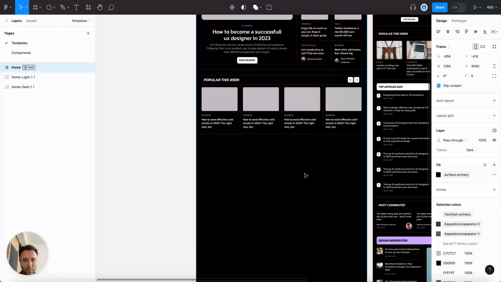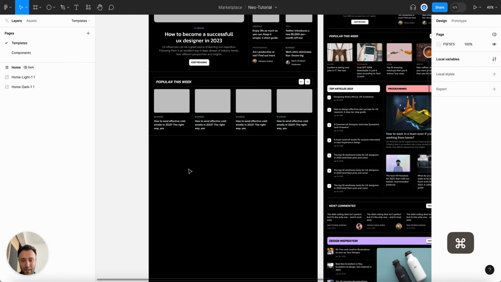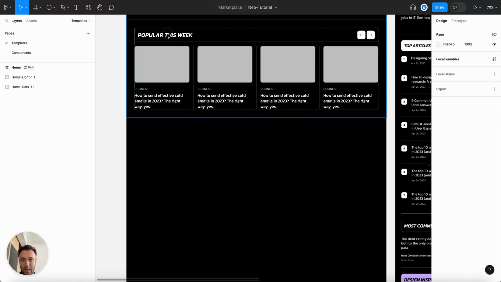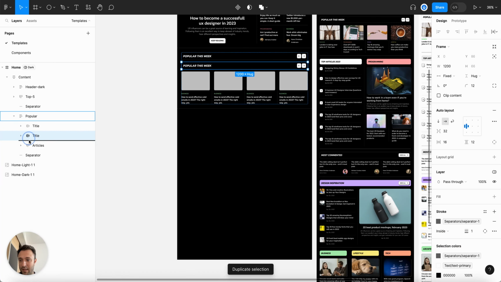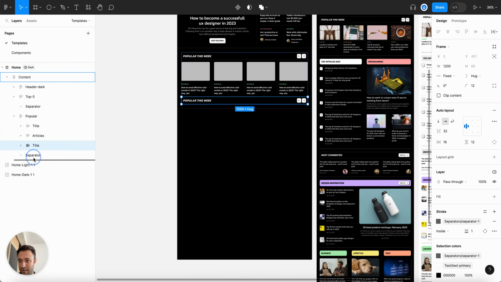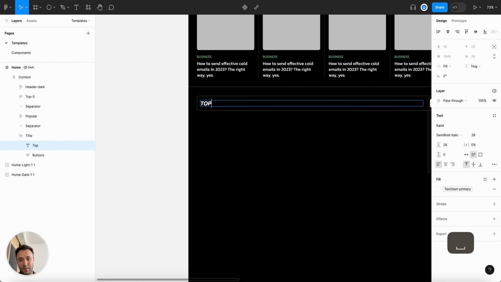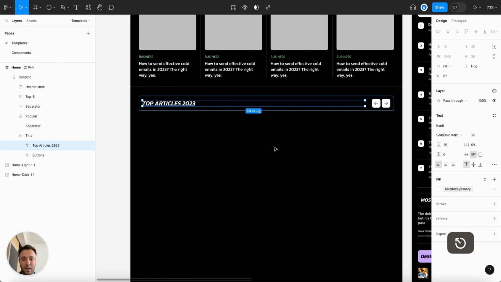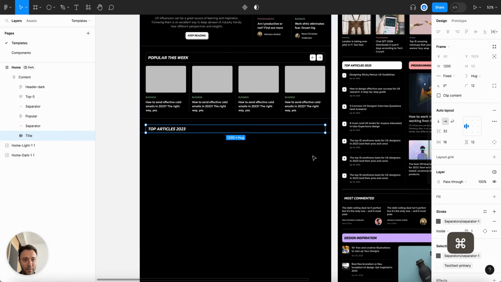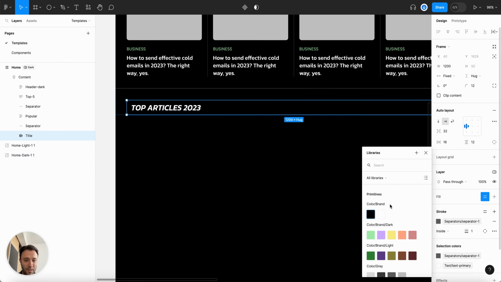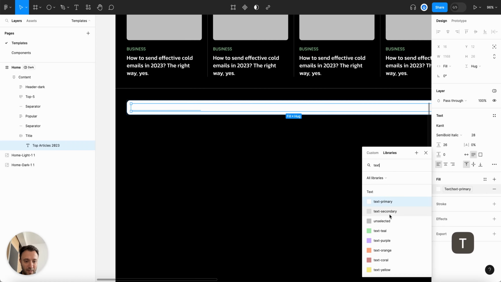Let's just switch to dark because I like dark the most. So what we have here, let's duplicate this. I think we should reuse our element, and let's bring it out, and we have something like top articles 2023. We don't have these buttons anymore. The background here is white, so we have to choose surface invert, and here for text, we have to create a